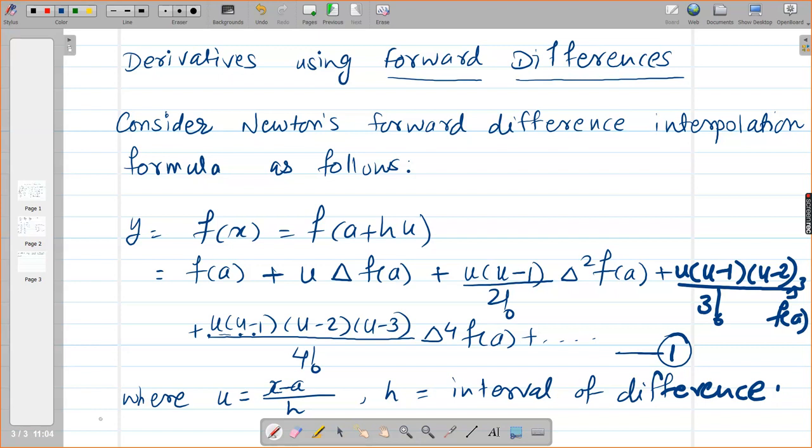Here we are just now going to change the notations. That will be easier for us. Instead of writing in terms of f of a, we will write it in terms of y naught, y n, etc. Why? Because everywhere your formula is in terms of f of a, since you use the first row entirely from the difference table. It appears as f of a, delta f of a, delta square f of a, delta raised to 4 f of a, etc.